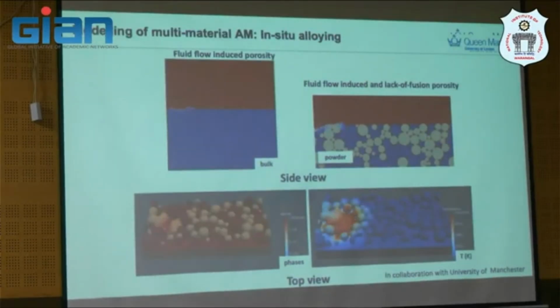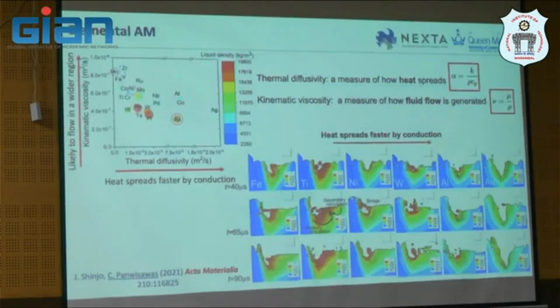And then this one will feed into this processing simulation, and then we can do something like elemental additive manufacturing. At this one I'm trying to extract the characteristics of the AM process. I think we published in Acta Materialia as well, looking at two parameters, which are diffusivity and viscosity, and you map across the